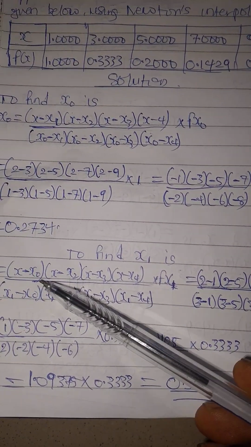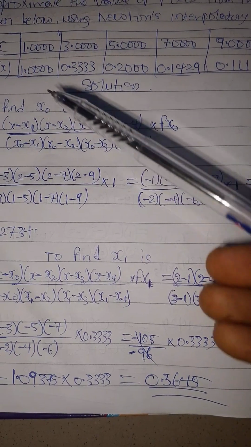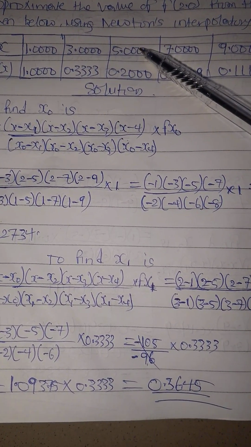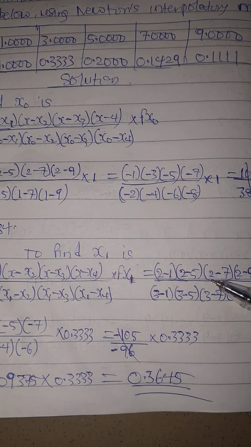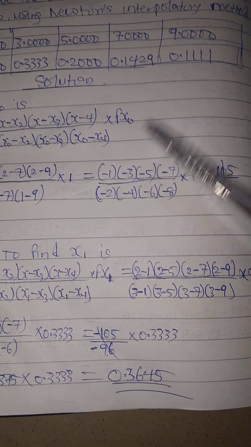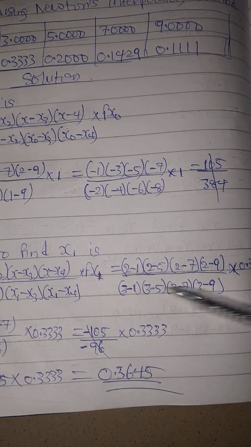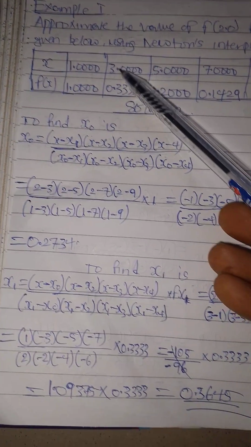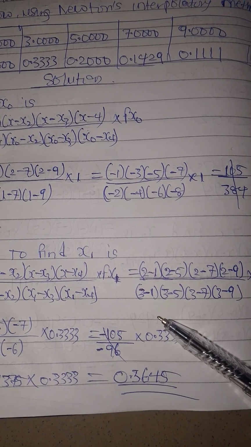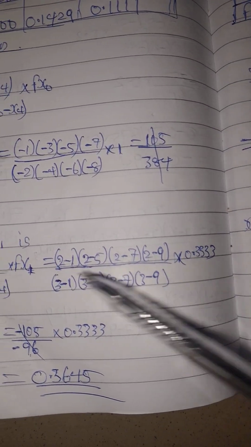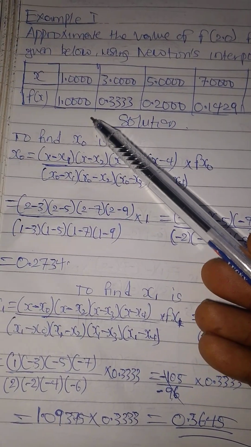Brackets again, 2 minus x2, x2 is 5, right? So again, 2 minus x3, which is 7, and then 2 minus x4, which is 9, all over the value of x1. The value of x1 is 3, so that becomes 3 minus 1, 3 minus 5, 3 minus 7, 3 minus 9, times fx1, and the value for fx1 is